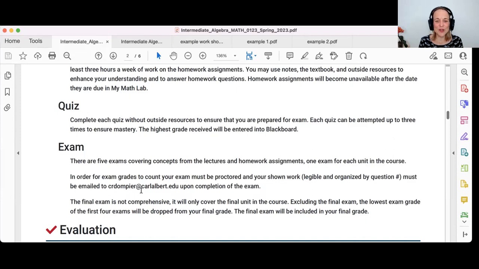All right. You are able to retake exams. Each exam will have 1 retake. Just email me as soon as possible after that exam to set up the retake. I'll give you back your exam and you'll rework the problems that you missed. You'll show me how you found the correct answer, and then I will let you retake the exam. The final exam is not a comprehensive final exam of the entire semester. It's just our last exam, and it's covering the last unit of the course.